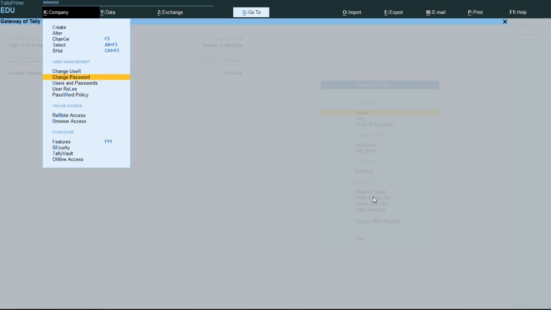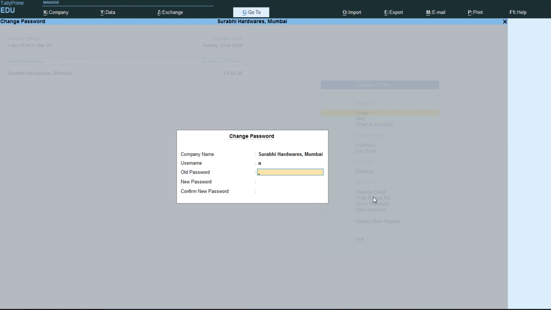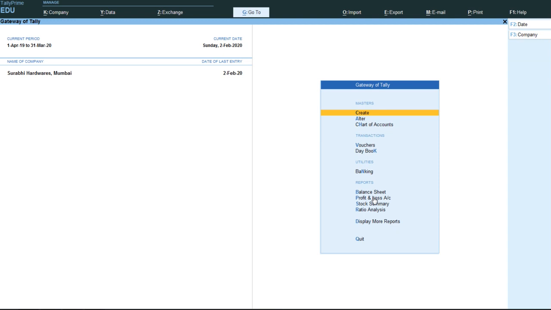So we knew about change user. Change password means we can change the user password as well as the admin password. If you go to change password, suppose our admin password is 1, it will ask the old password, I will give the old password, and it will ask the new password, I will give the new password, and confirm password, and our password will be changed.